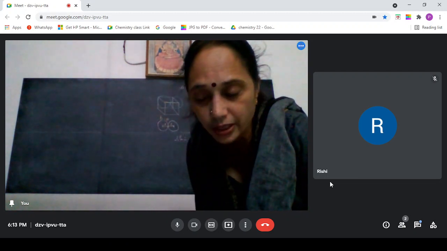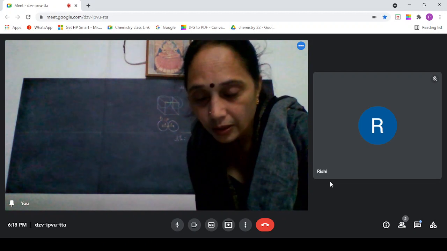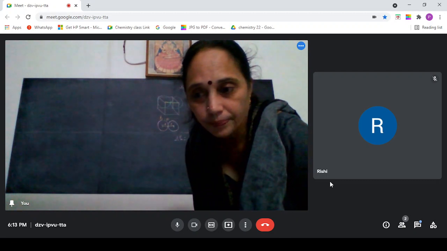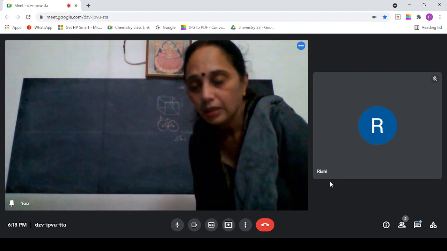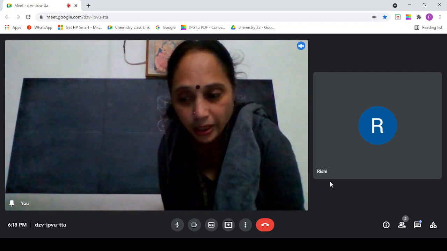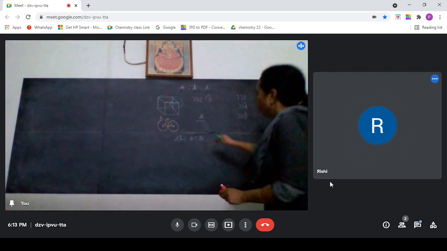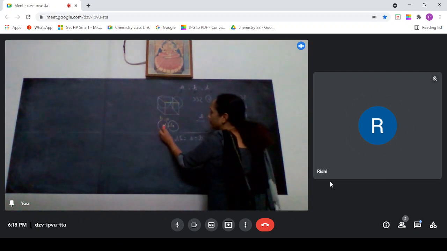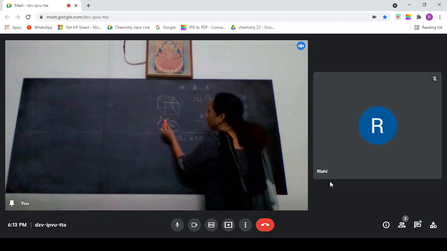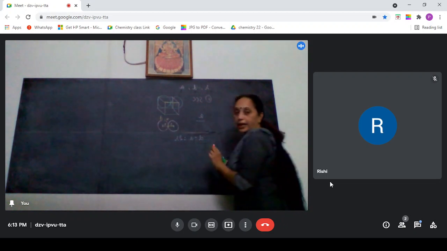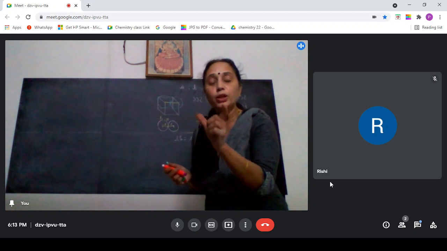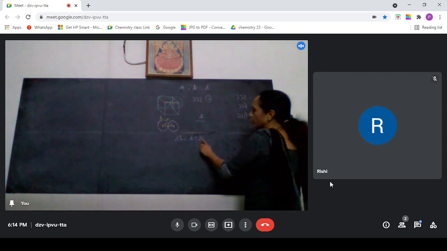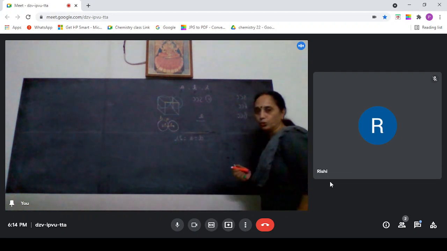Rishi, understood? This one, simple cube? Are you able to follow? Yes, ma'am. Okay. So for simple cube, this is the edge length, and edge length is equal to R plus R. That itself is equal to D. D is the distance between the two nearest neighbors. That is also the same as A. For simple cube, D equal to A and both are equal to 2R.